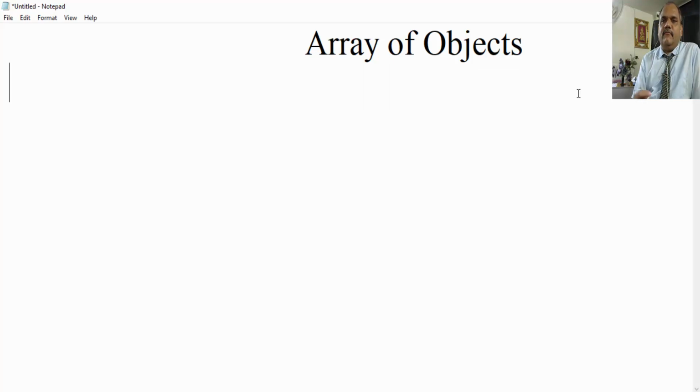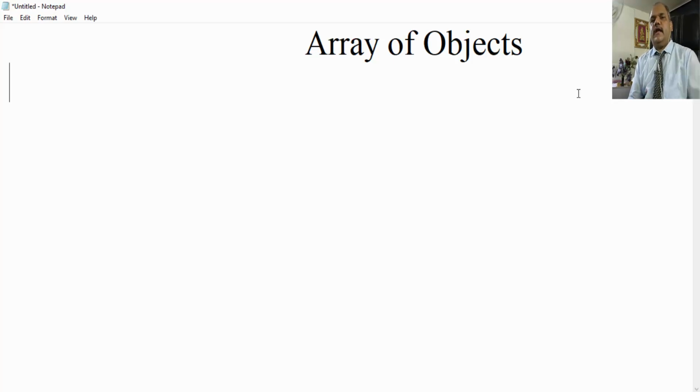There may be many, and whenever there is a set, just like a set of integers, in a similar manner a set of class, it means ultimately it's an array of objects. Let us discuss this in today's session,